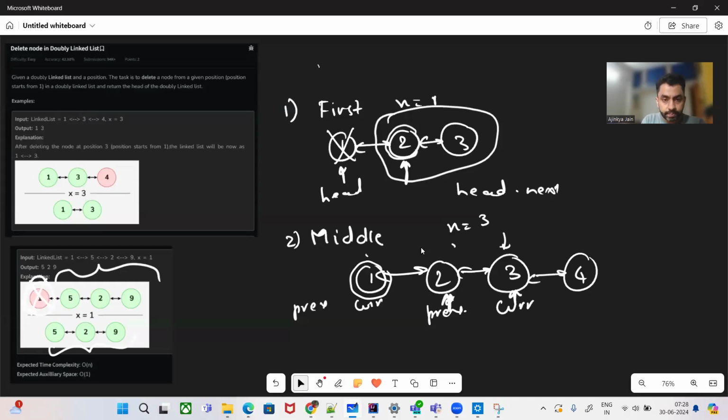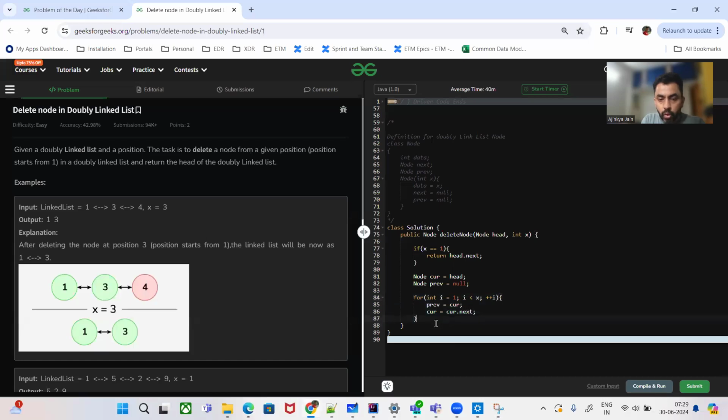Okay. So now what we want to do is bypass this particular node. We want to have our 2 pointing to 4 and 4 pointing to 2, so 4 dot previous pointing to 2 and 2 dot next pointing to 4. So what are we going to do in this case? If we want 2 dot next pointing to 4,